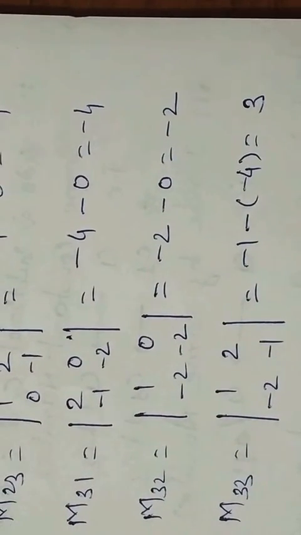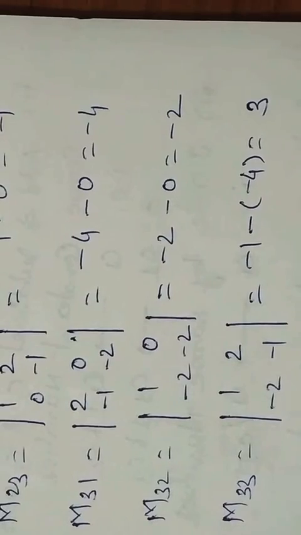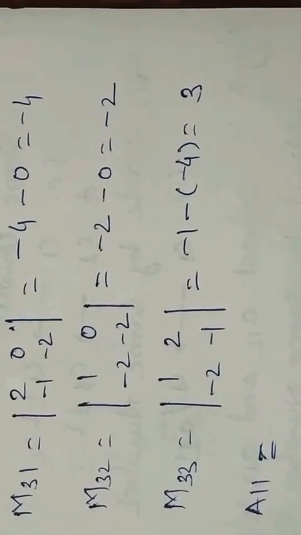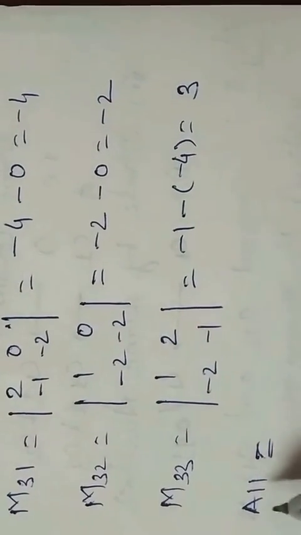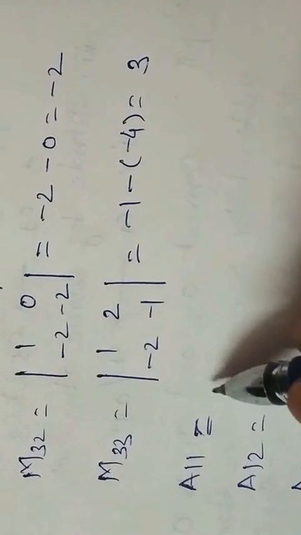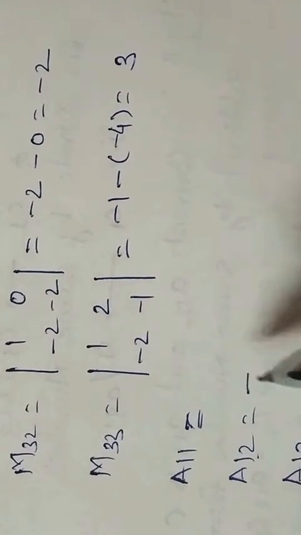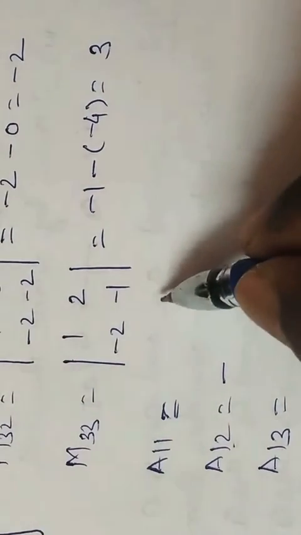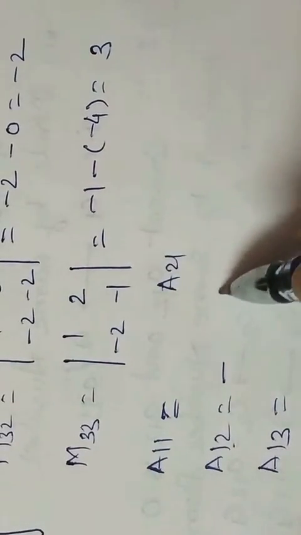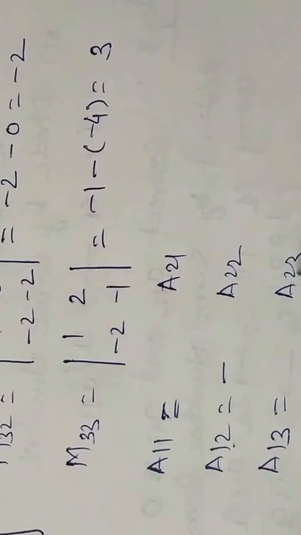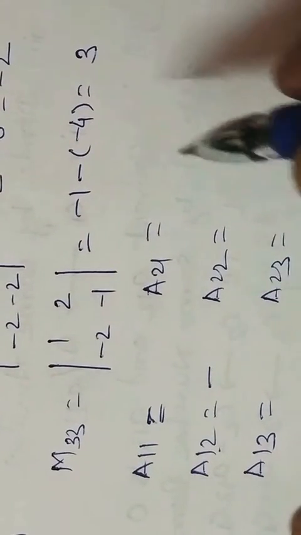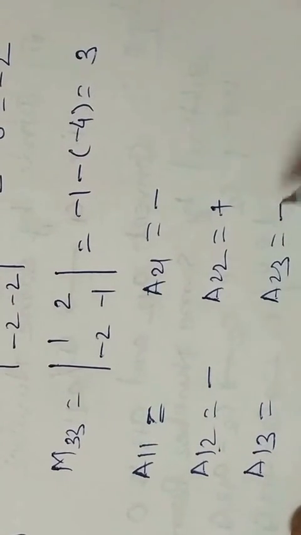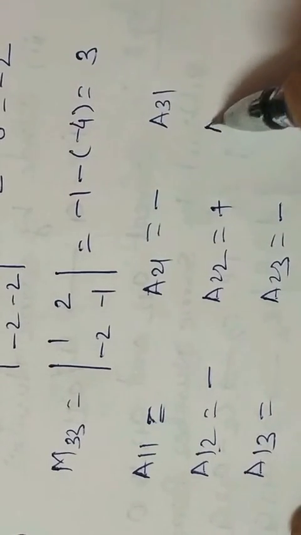Now finding the cofactor matrix. So for capital A11, there is a formula. A11, A12, A13: (-1) to the power 1 plus 1 is a plus sign, 1 2 is a minus sign, and 1 3 is again a plus sign, just denoting or applying the sign only. Same for A21, A22, A23, the sign pattern is the same here. 2 plus 1 is 3, an odd number, so it is a minus sign, and 2 3 is a plus sign. Same for A31, A32 and A33.